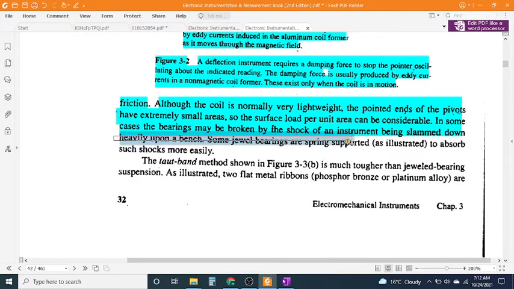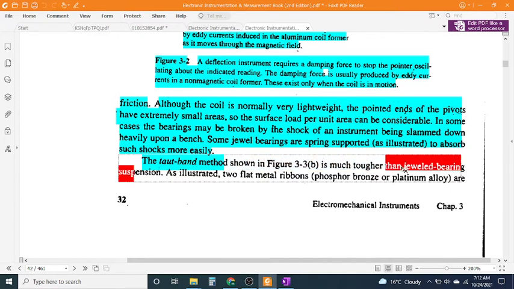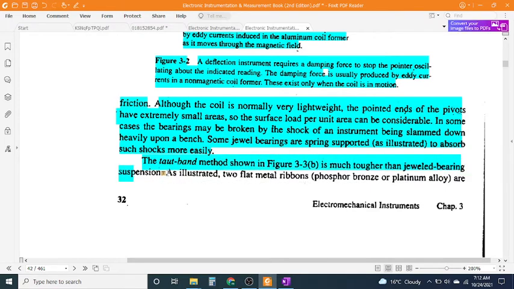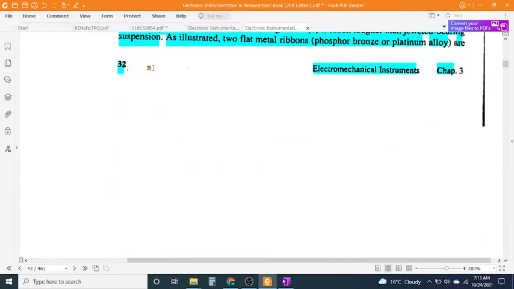Some jewel bearings are spring supported, as illustrated, to absorb such shocks more easily. The taut band method shown in Figure 3-3b is much tougher than jeweled bearing suspension. As illustrated, two flat metal ribbons, phosphor bronze or platinum alloy, are